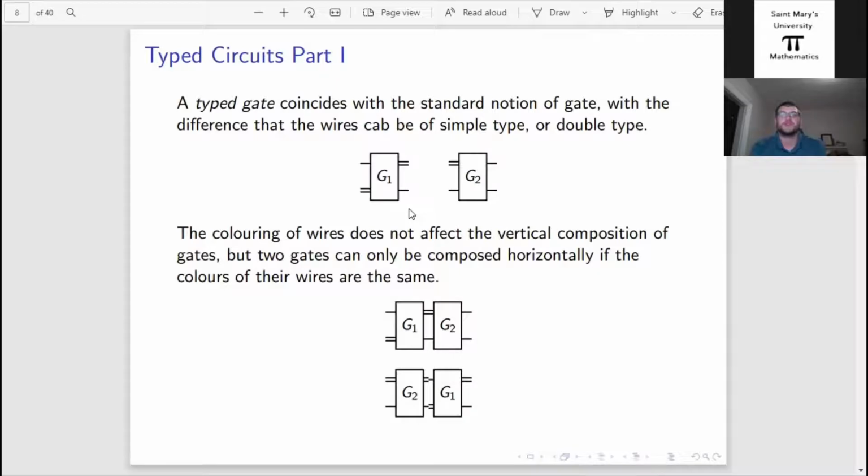So for example, if we have our G1 and G2, we see that they have various simple types and double types on their wires. If we want to compose them with G1 first and G2 following to the right, we can do that because the top right double type of G1 will match with the top left double type of G2, and everything fits, right? But the other way around is not going to work because, as we see, the double types do not fit together, and this is not a well-formed circuit